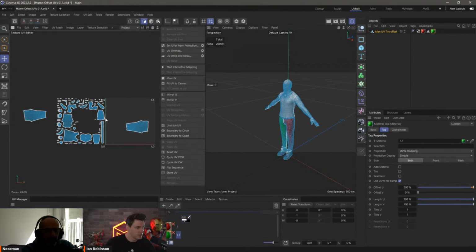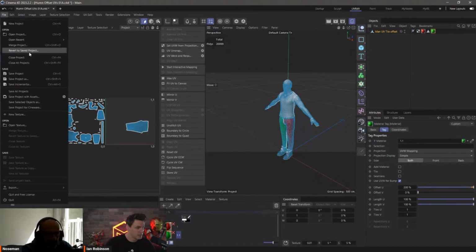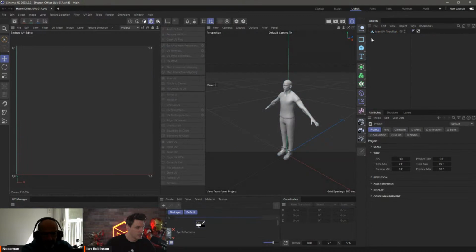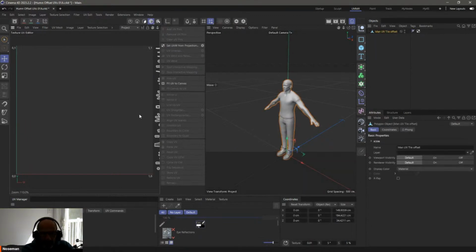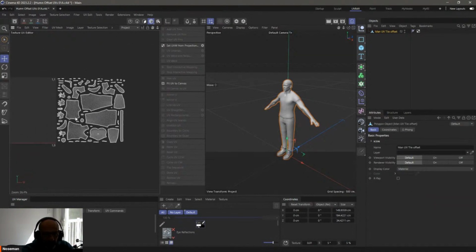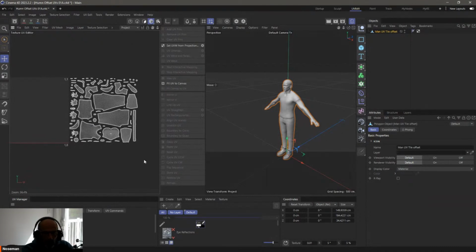Hello. I was explaining to our users, just in case they missed it, the concept of UDIMs. And in the private chat, I put a link of a Dropbox where, if you look at my screen, revert to save project, yes, where the human here has the UVs all offset by 1. So if you open that, do you want me to save it as an FBX or something? What would be your preference